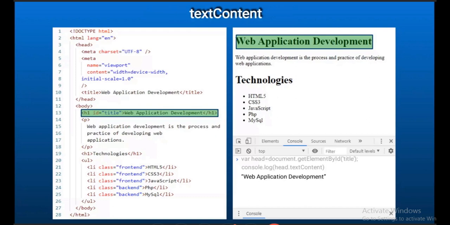Now you see the difference. Before, when I gave the same using text content, that entire text got displayed. When I give it using innerHTML, that HTML itself got changed to web technology. Now you can see that formatted text, not that entire text content. So that is the difference between text content and innerHTML.